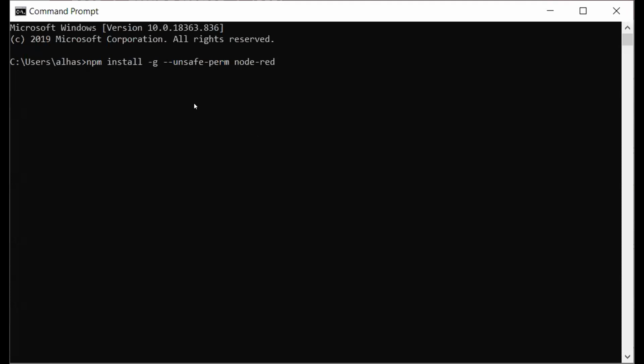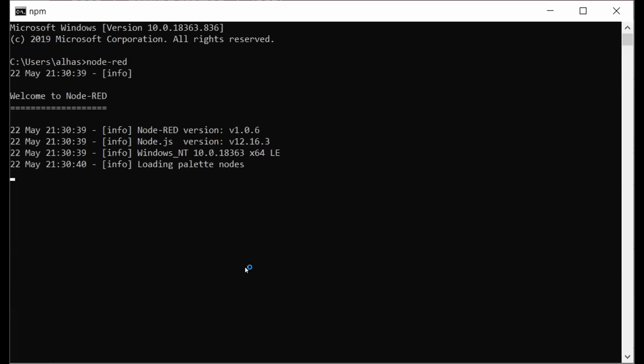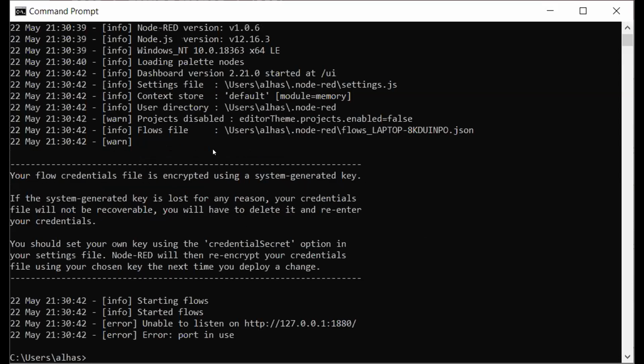If it was finished, then you need to be able to access this Node-RED by typing this simple command, node-red, and when you hit enter, everything will be connecting. The only thing that you need from all of this information is to